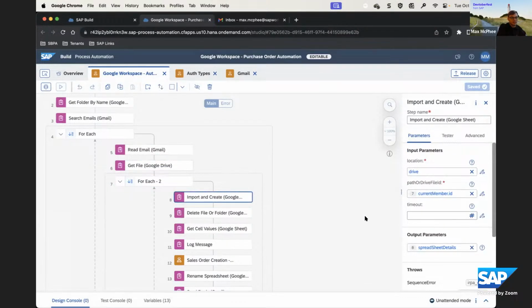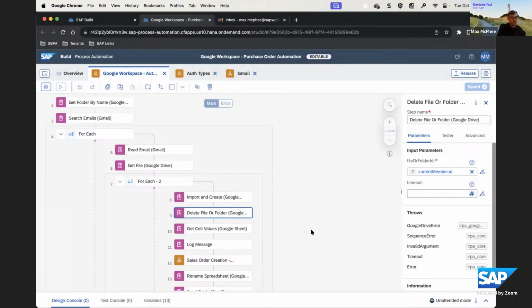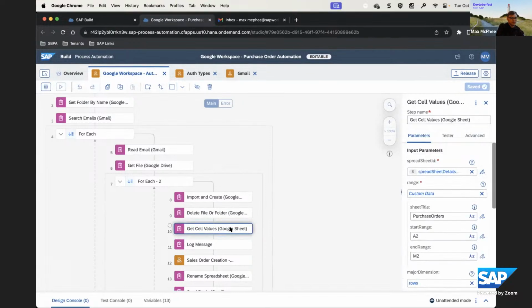So within this step here, we'll see that we're choosing to save a new Google Sheet within Drive, and the Google Sheet that we're going to use as the source is going to be the Google Sheet file that we had pulled out from the email, pulling that from this loop up above. Once we've done that, we'll go ahead and delete the temporary folder, and then we can start extracting the values from that newly created sheet